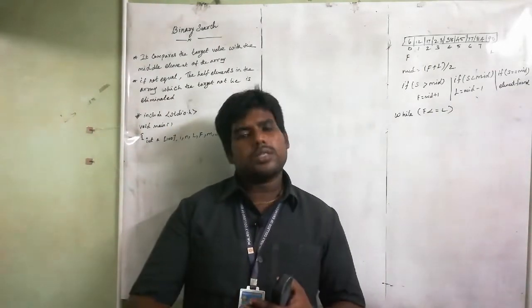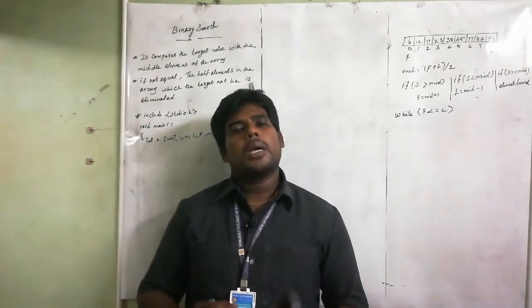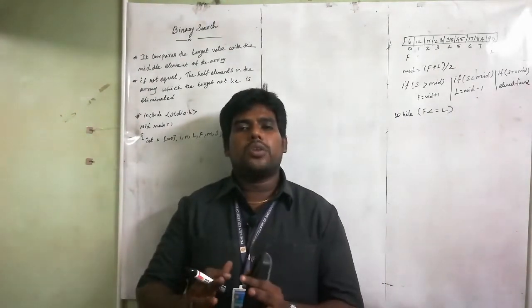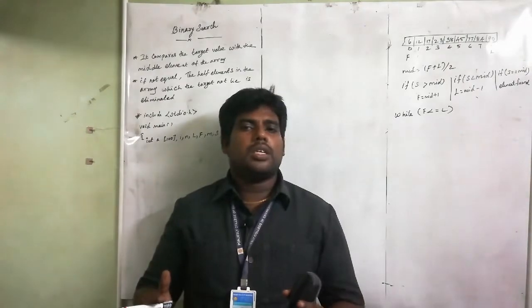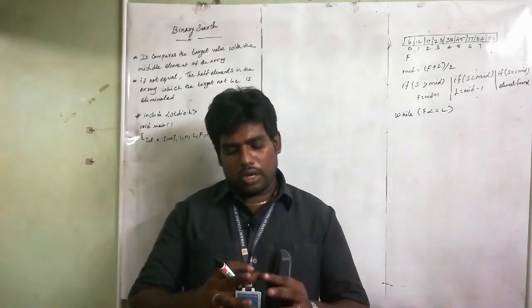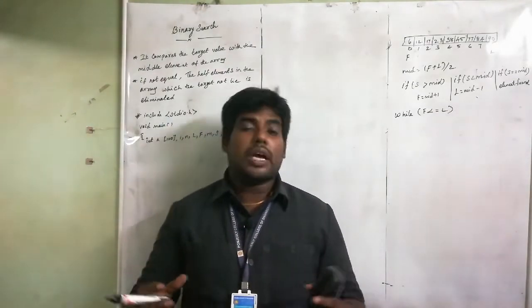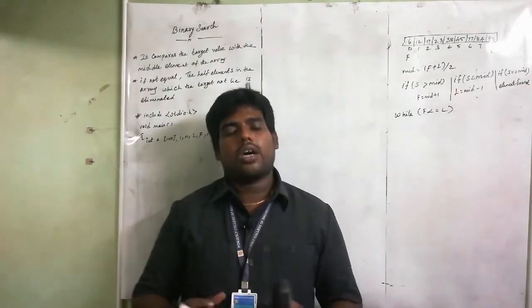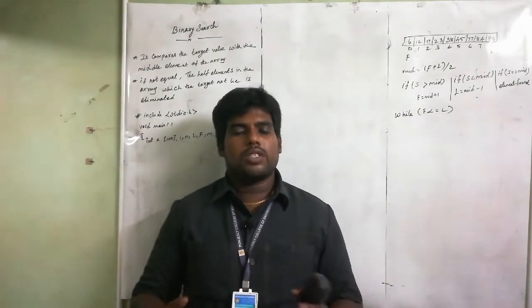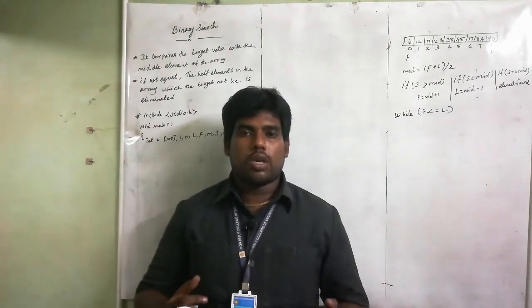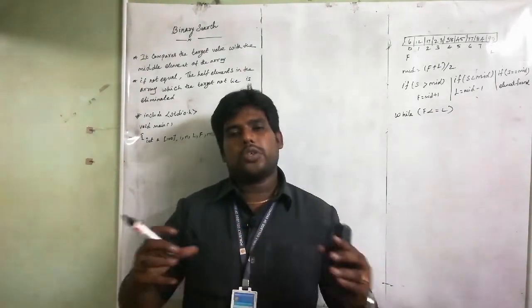Then what's the difference between linear and binary? Binary means the whole array is divided into two. The linear search will check each and every element, but here the whole array is divided into two. That's why it is also called binary chop, half interval check or half interval search. These are the other names for binary search: half interval search, binary chop. Yes, it is divided into two.